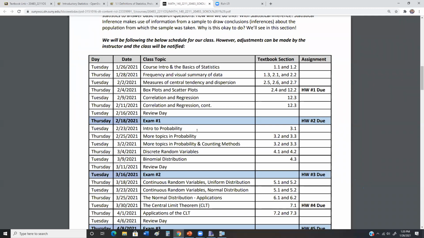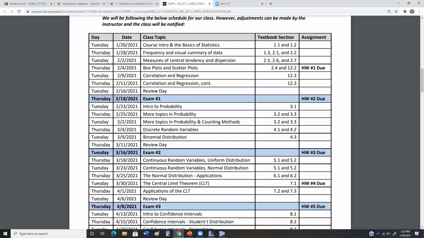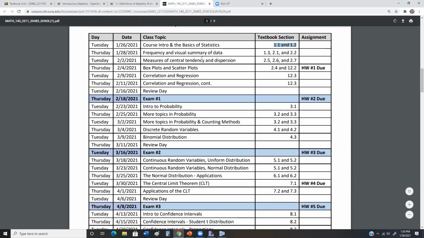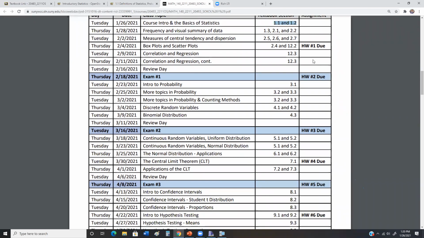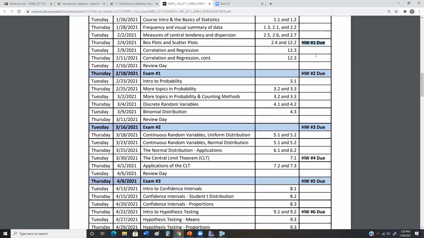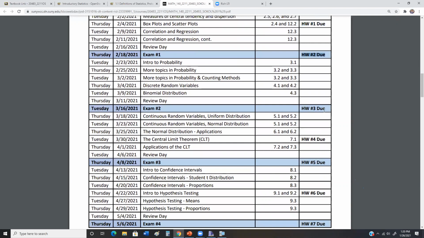You can see the topics we're going to cover in class that day, and then the corresponding textbook section. So after class today, if you want some additional reference, you can check out textbook sections 1.1 and 1.2. And then down along the side, you can see the due dates of our homework assignments.